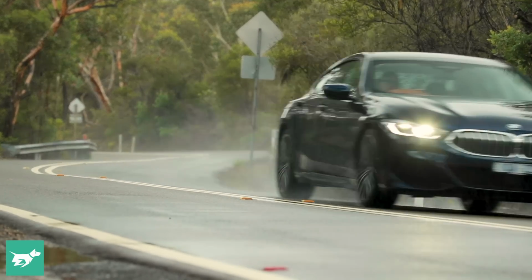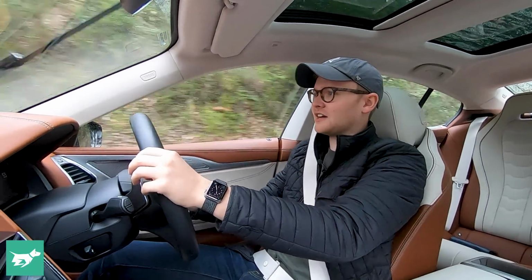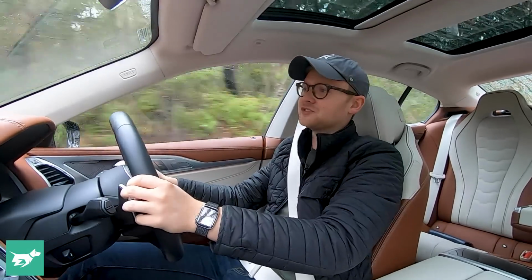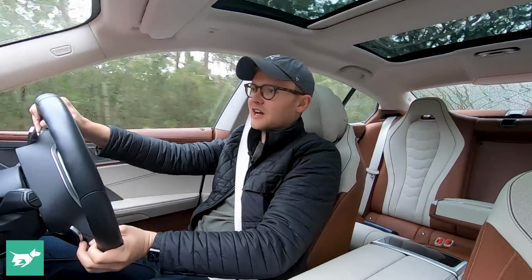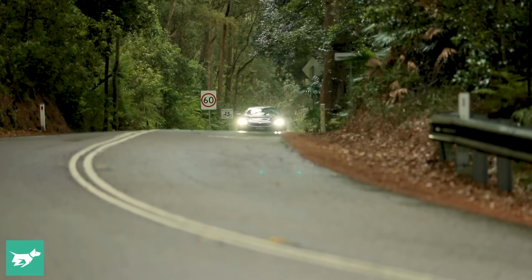So for me, this is a no-brainer. Save your money, save the weight, go for the 840i. You're still getting a tremendously fast car, and I would argue a faster car point to point with how quickly you can hustle this vehicle down your favorite roads, like I'm doing now. And you'll have lots of fun because it sounds good